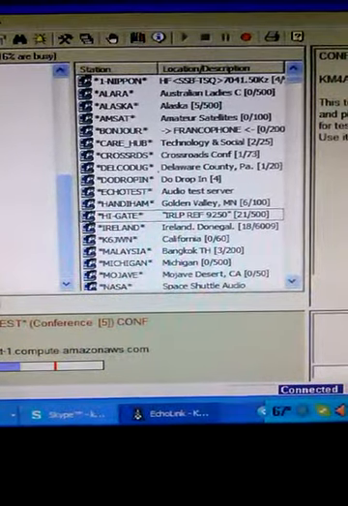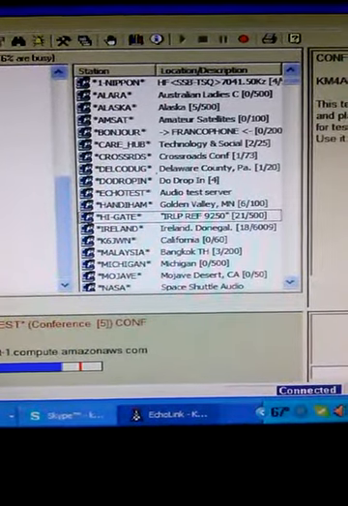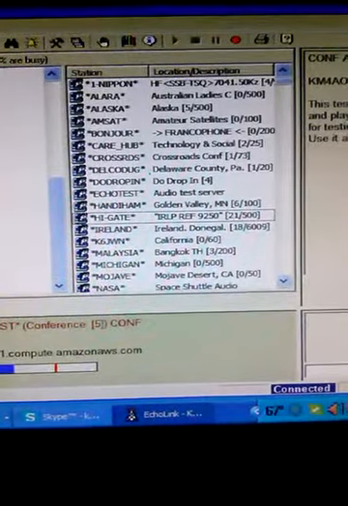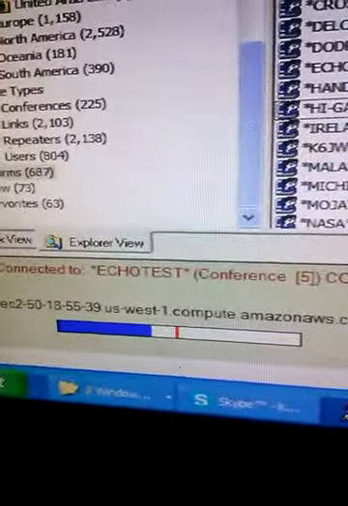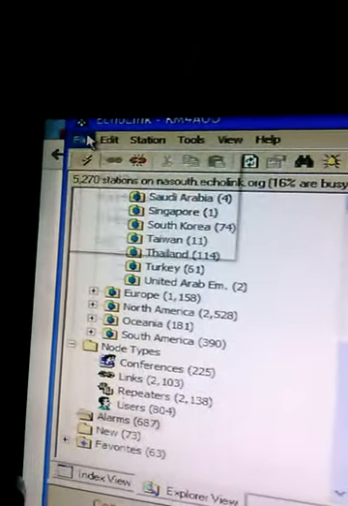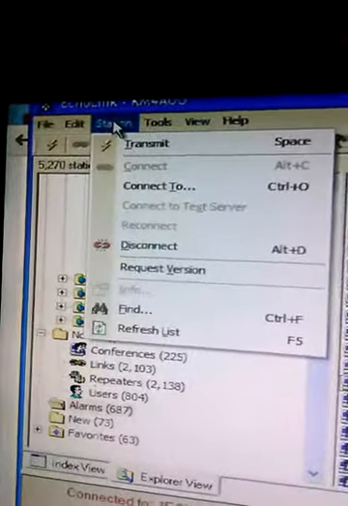Alright, so this is KM4AOO showing how Echo Test works. It's just like a simplex repeater. It repeats your transmission on the same frequency or the same device. So that's what Echo Test does. And then if you want to disconnect, you have your red button, or you can actually go into your station,